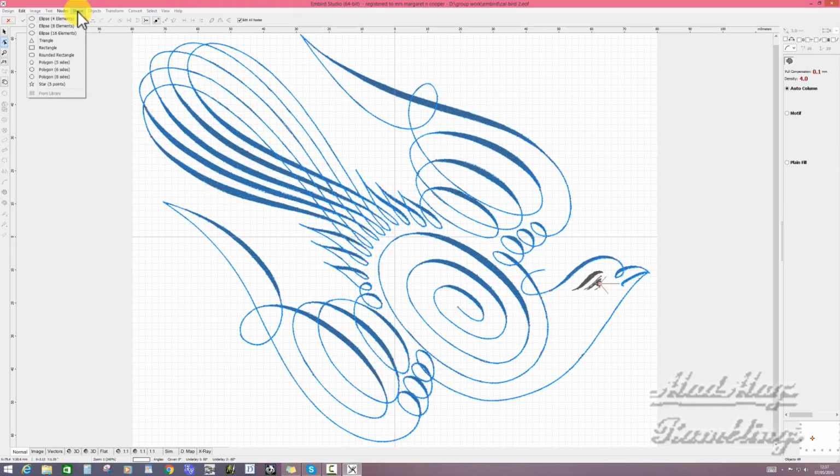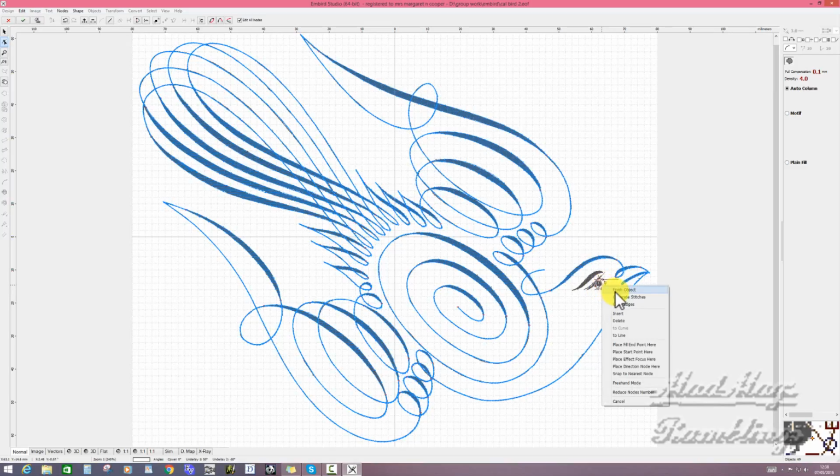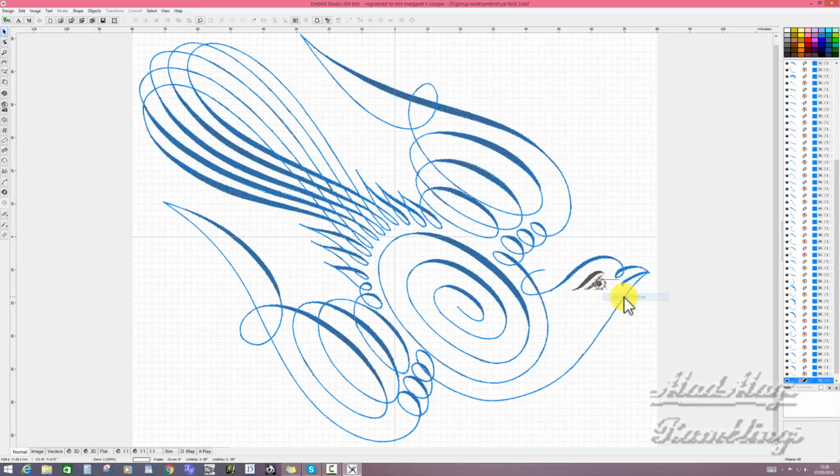Shape, ellipse 4 elements, and I never get this right. And it's going to be a very small shape. Two elements, generate,